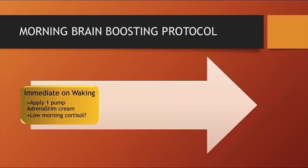So what about the brain boosting protocol? Well, there's several different ways to apply this. One, and the scenario that I'm giving you here is we're placing a very short protocol at the beginning of the day. And this is appropriate in two circumstances. One is if you are just trying to support brain function and blood flow to the brain. This is a great way and time to do it. But also this would be very appropriate if you have a cortisol issue like an adrenal dysfunction, specifically with low